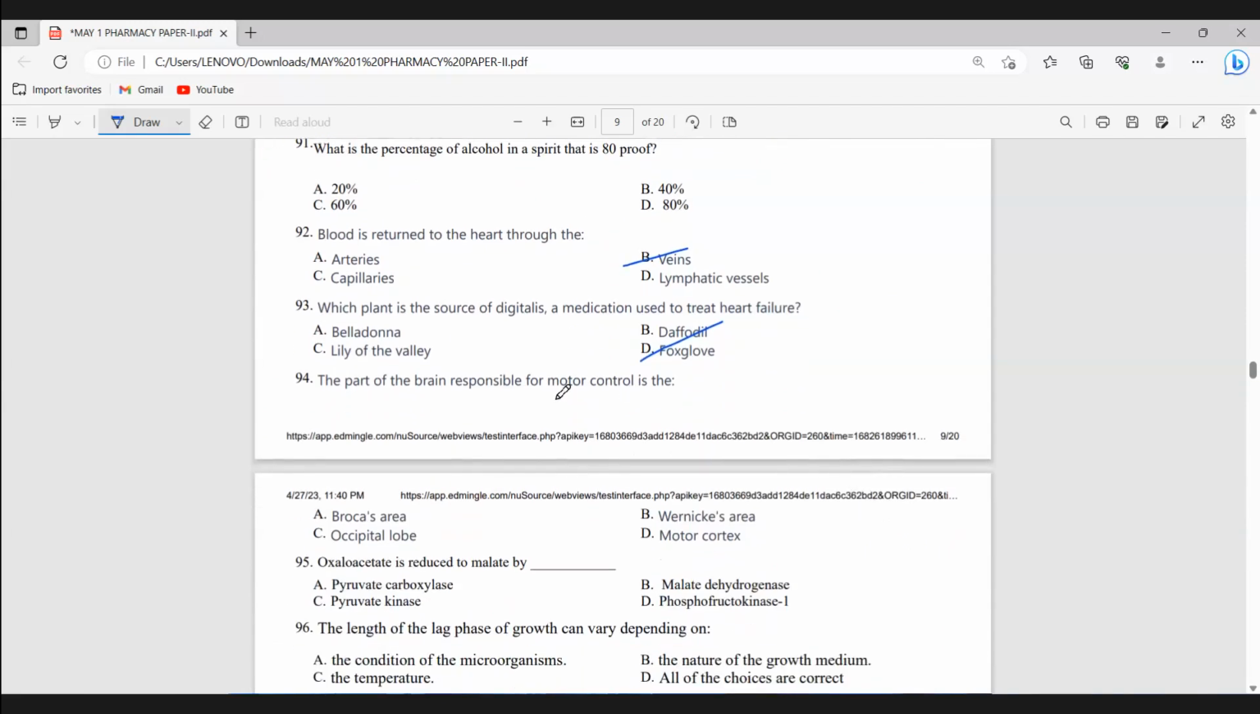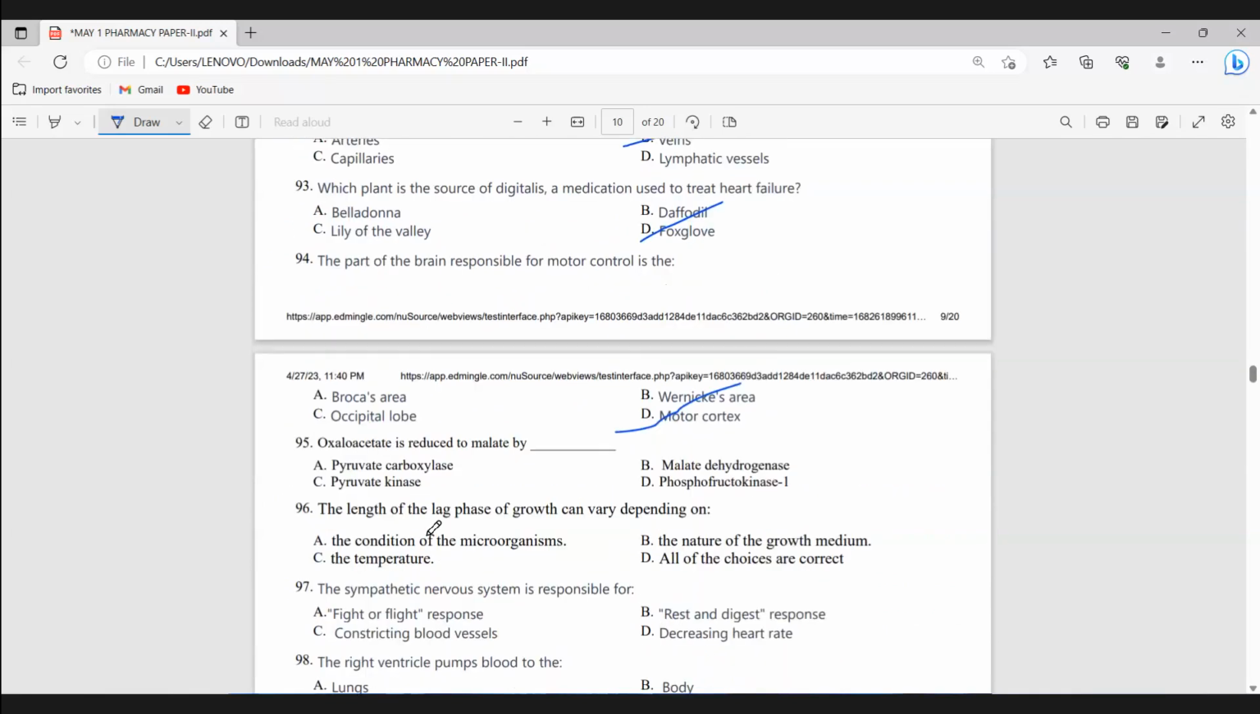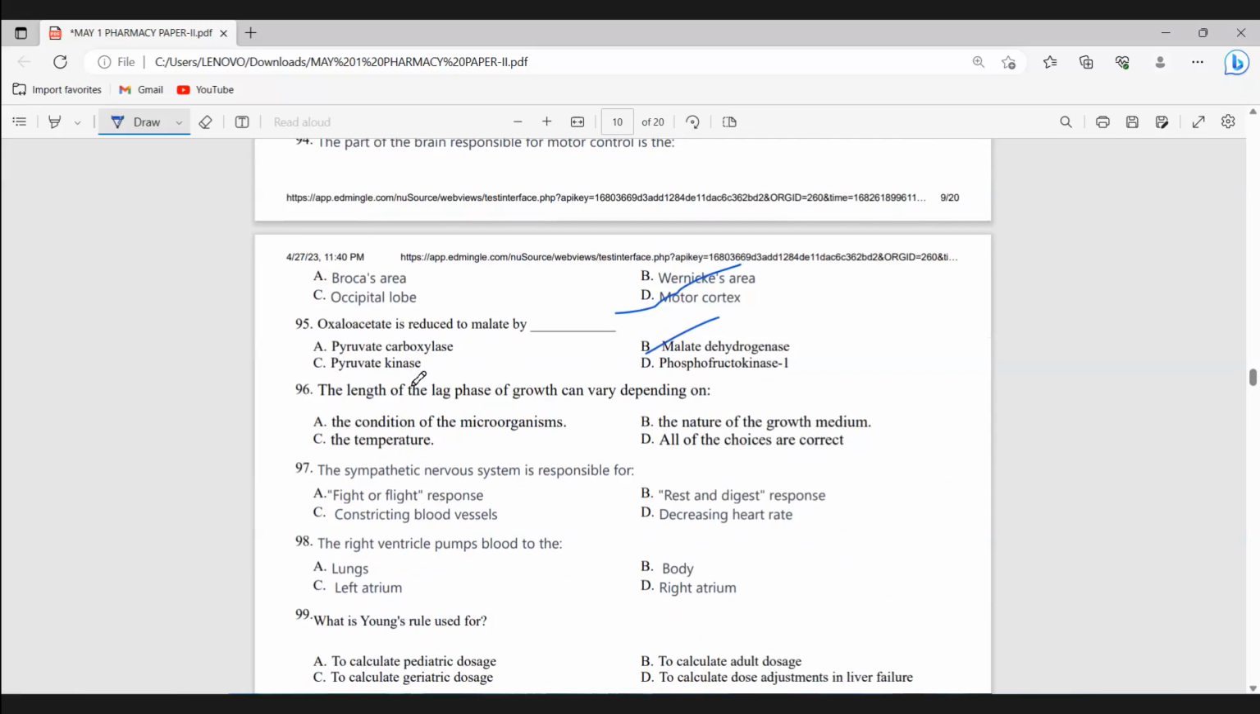Then 94, the part of brain responsible for motor control is? The motor cortex. Then 95, oxaloacetate is reduced to malate by? Malate dehydrogenase. And 96, the length of lag phase of growth can vary depending on